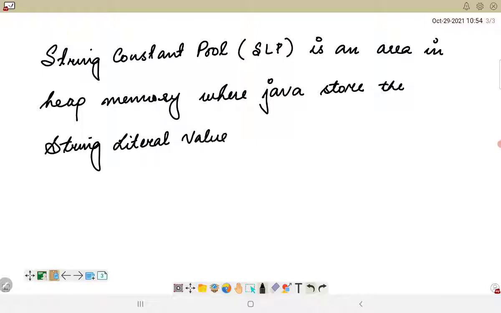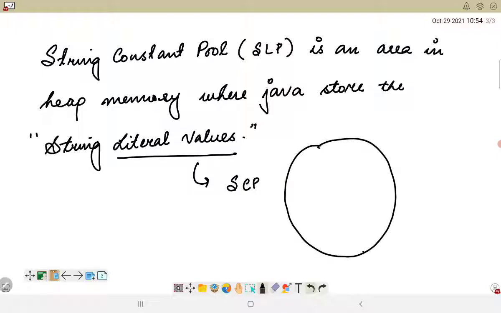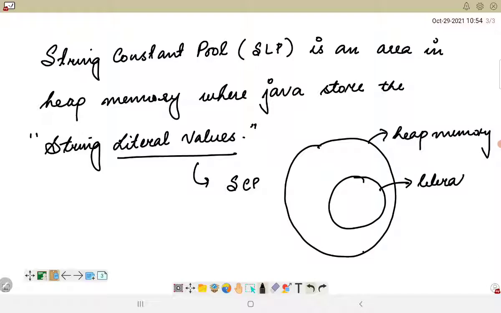We have to understand that the literal values are stored in our string constant pool, and the object that has been created is actually stored in the heap memory separately. So suppose this is my heap memory. Within this I will have another pool or another block where my literals would be stored.